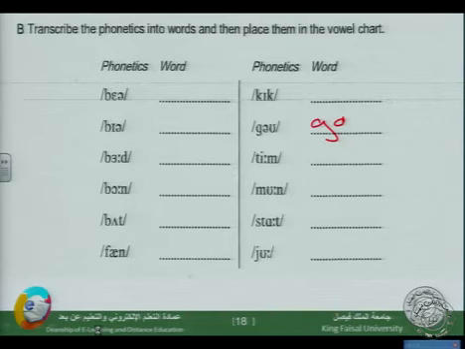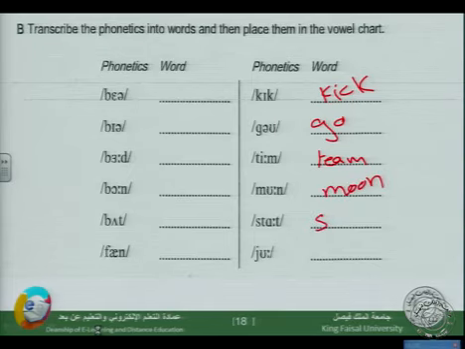Like the word go, kick, go, team, which is a team, moon, which is the moon, start, the beginning, fan, as you can say, I'm a big fan of the English language, but, born, and so on. So just do